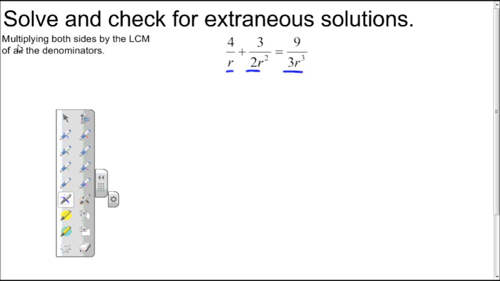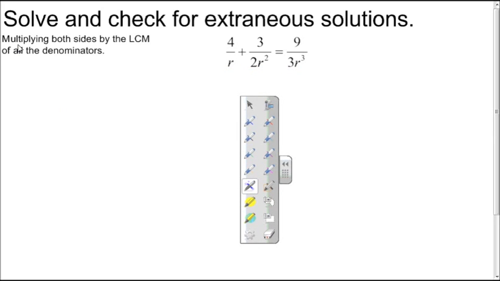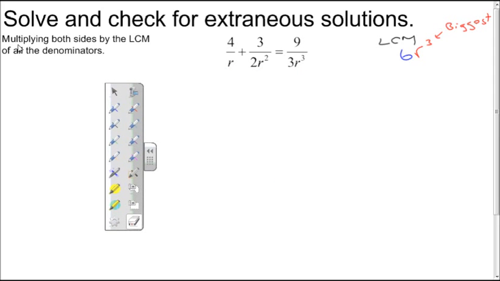Denominators are not that complex. They're not binomials or trinomials that need factoring to help identify the LCM, which I'll do in the margin now. The LCM, if you're looking at the coefficients of 1, 2, and 3, is going to be 6. And if you're looking at the variable terms of r squared, r cubed, it's r cubed. You need the biggest exponent when you're doing least common multiple. You should have that squared away if you're already watching this video. So let's multiply both sides by 6r cubed